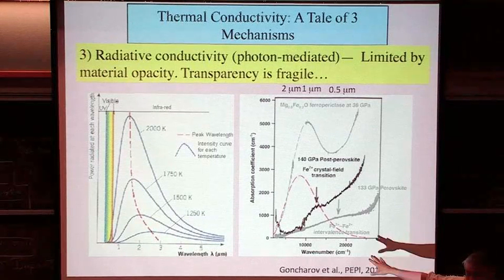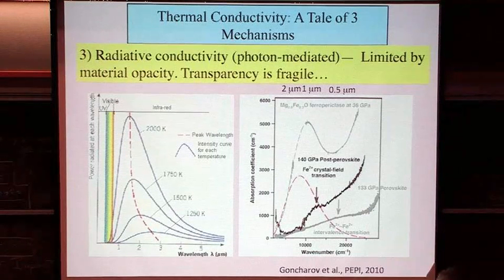And grain boundaries, some of them can be messy. They are not necessarily entirely transparent. And you can get intergranular phases as well. Don't all those things just add to the absorption? Yeah. This is the challenge for radiative conductivity, which is why I'm going to present a fairly skeptical view that radiative conductivity has any importance whatsoever in the mantle, even though it does go on a 15-year cycle in the literature. Somebody will come along and say, radiative conductivity.